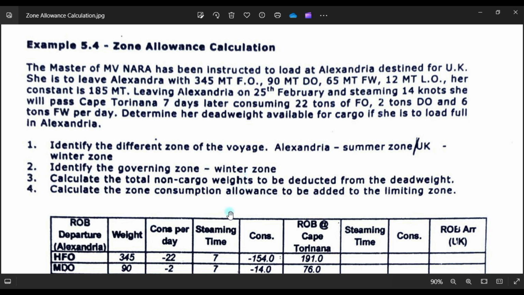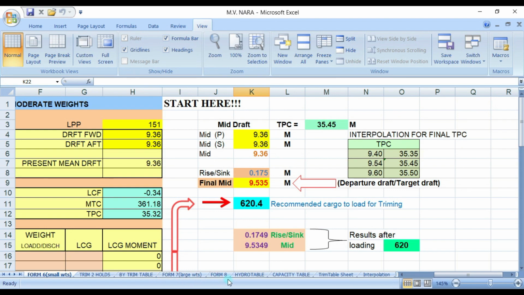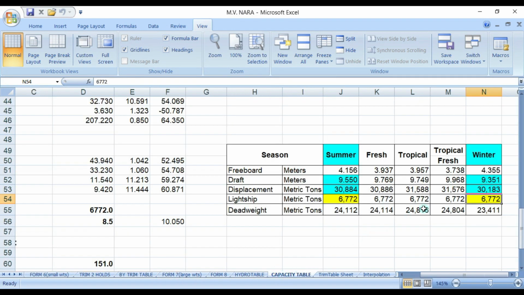When you say winter, the governing zone, your maximum draft when you're in the winter zone is 9351, and your displacement is 30183. And when you're in a summer zone, your maximum draft is 9550, and your displacement is 30884, and your lightship is 6772. Same with this one. So we go back.